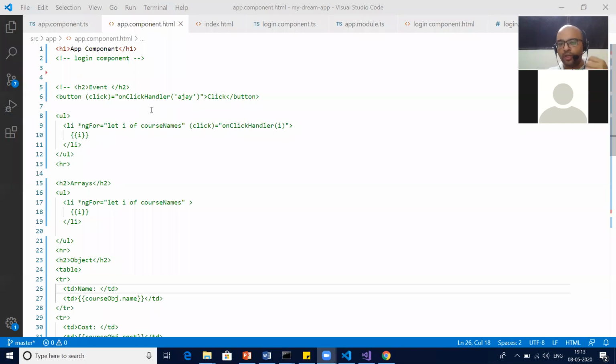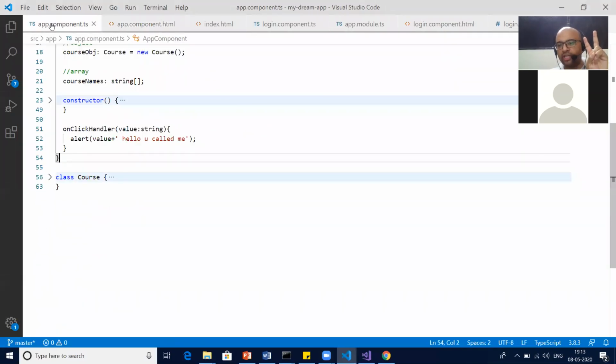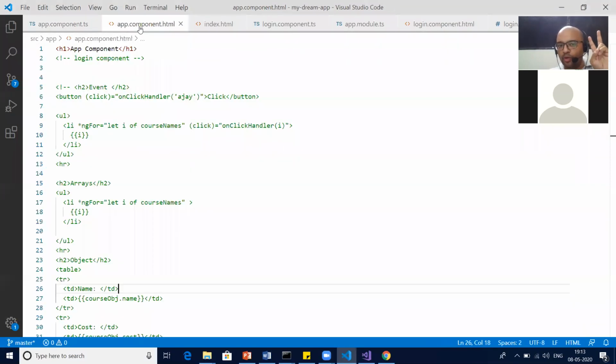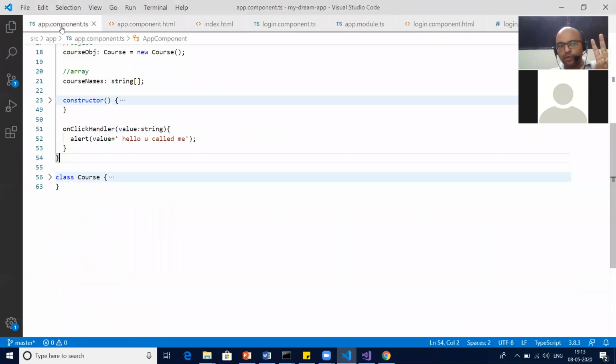So long story short, any child component which you create, login, registration, course, trainers, to-do, whatever component you want, you need to call it in the app component. Now in the app component, the million dollar question is, you have two files: app.component.ts and app.component.html. So the next question was, why should we not call the login component inside app.component.ts?